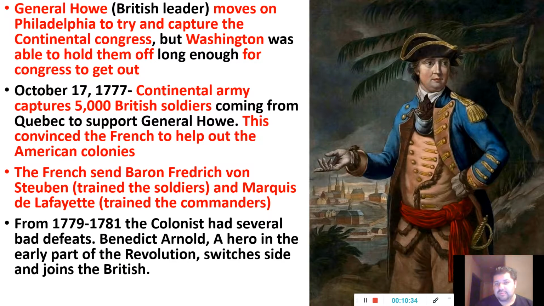Still to this day, when someone is considered a traitor, they jump sides, things like that, they're called a Benedict Arnold. Okay, if you've never heard that term before, or if you've heard it in movies or stuff like that, and you always wonder, well, who's a Benedict Arnold? What is that? Now you know. It's this guy right here, this picture. He jumped ship when he thought that they were going to really lose, and he tried to save his life that way.